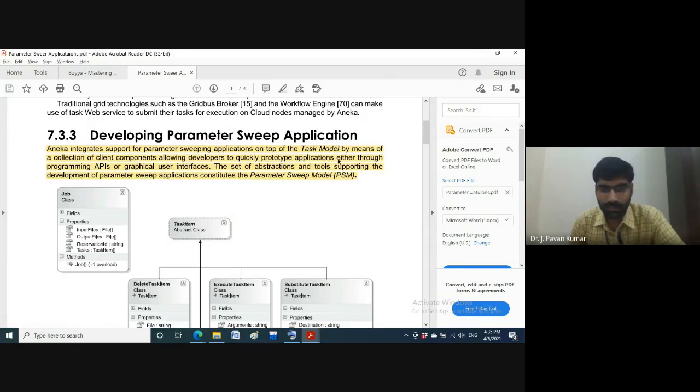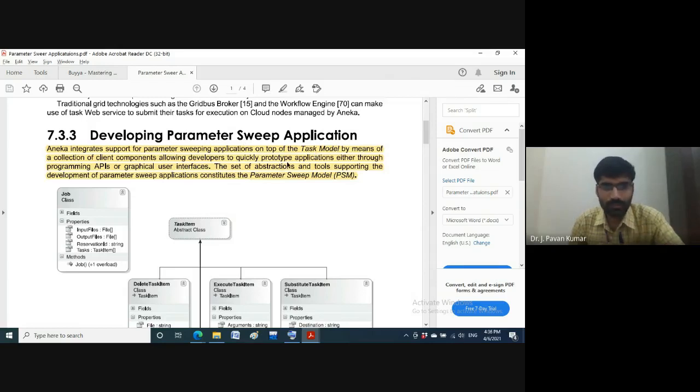There are two ways to prototype these types of applications: one is through programming APIs, another one is by making use of a graphical user interface. The point you have to understand is that we already have the task model, and on top of it we will have another model which will support parameter sweep applications.